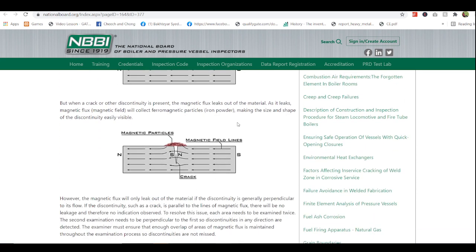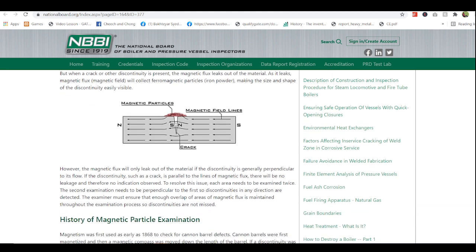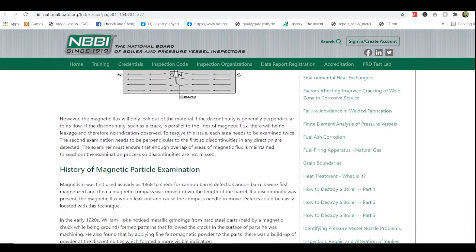See here, one defect is present, and we placed magnetic particles here and applied a magnetic field. So the deflected magnetic field will give the location of the defect in the specimen.